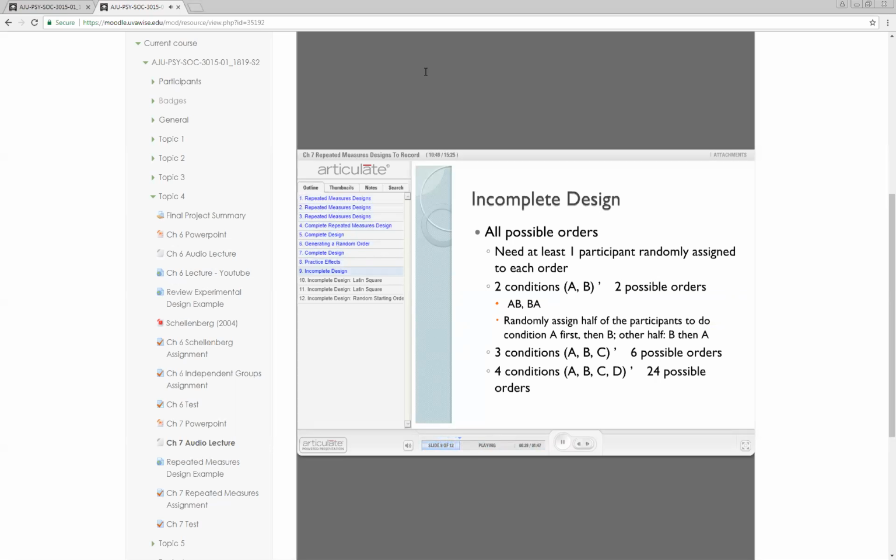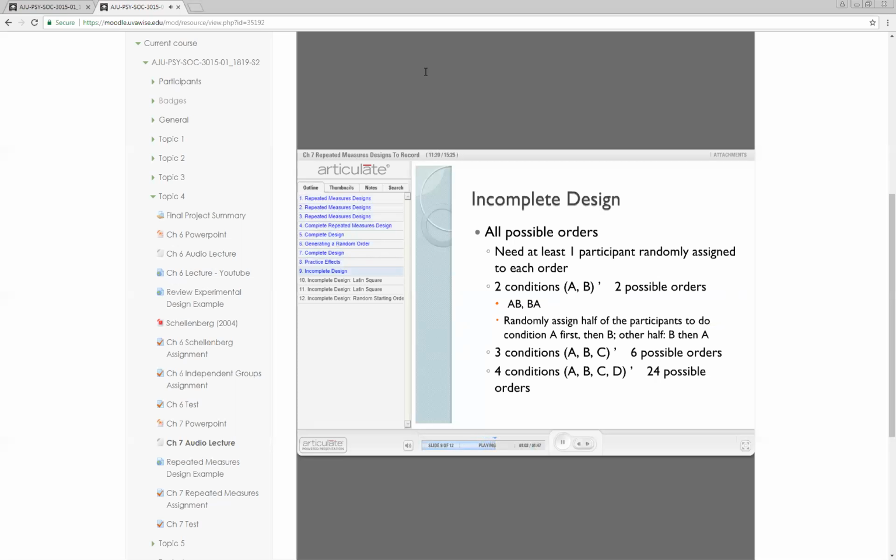So we have a new issue that we need to deal with. Instead of balancing within person, we have to balance across people. There's a couple of strategies. The first is all possible orders. With all possible orders, we're basically doing every possible order of our conditions. Again, we're doing it by block, and we need to have at least one person randomly assigned to each